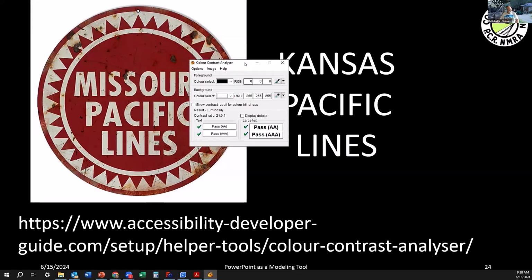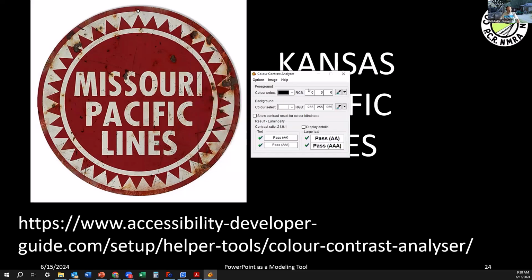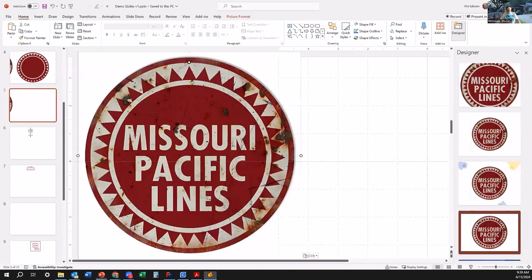So this is a little tool. It's actually from the UK. It's intended to be used for people to look at the visibility of text on a background. So it turns out there are certain requirements for how visible things are for people with degraded vision, and you can actually measure that. What's really cool about this tool is, if we come back again to our test presentation